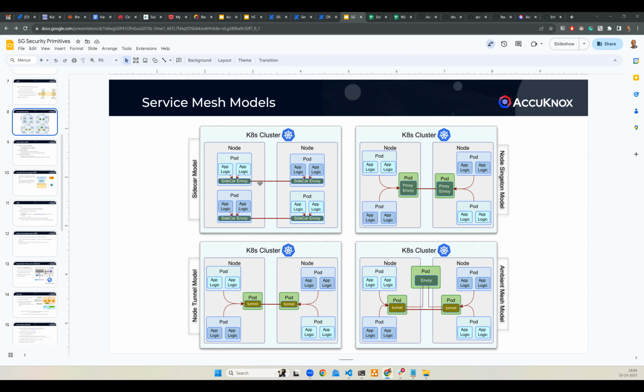I think the only latency that we are talking about is the latency that is induced because of multiple proxies that might come into the picture on the same node. So you have pod 1 talking to pod 2 on the same node, and you have multiple proxies coming into the picture. There are some optimizations possible, and that's what essentially eBPF would possibly allow you to do. Okay, thank you.